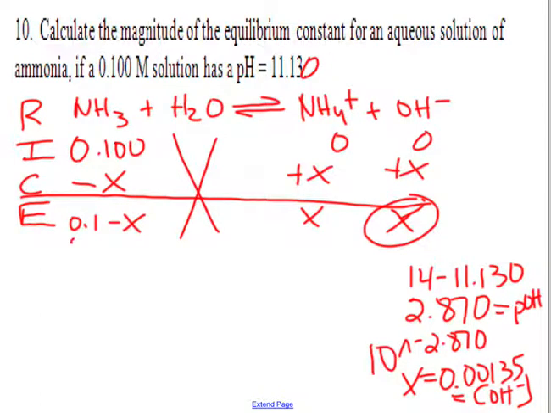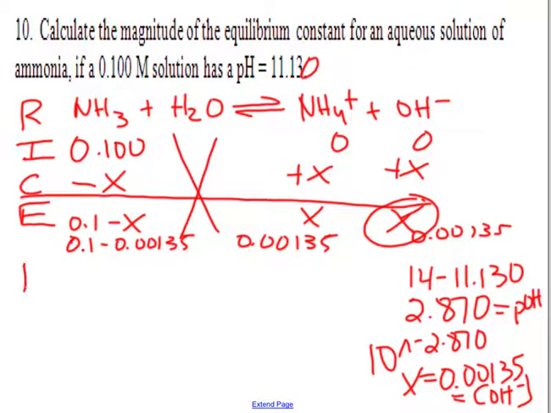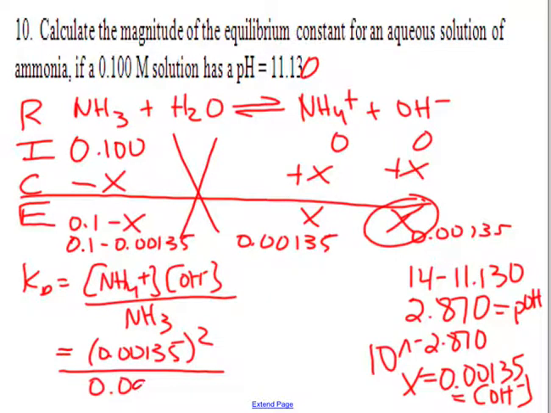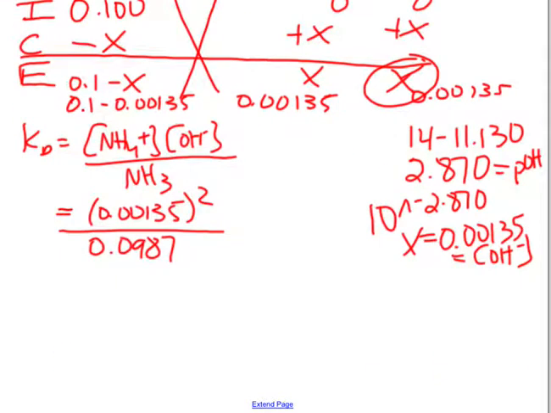Okay, so 0.00135, 0.00135, 0.1 minus 0.00135. Kb is equal to products over reactants. So I get 0.00135 squared. What's the subtraction of those two numbers? 0.0987? And so I end up getting a Kb of,